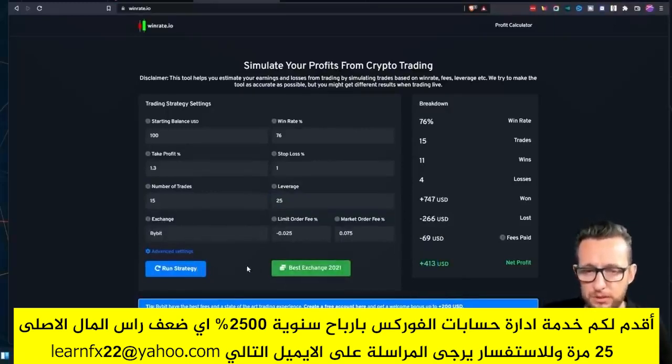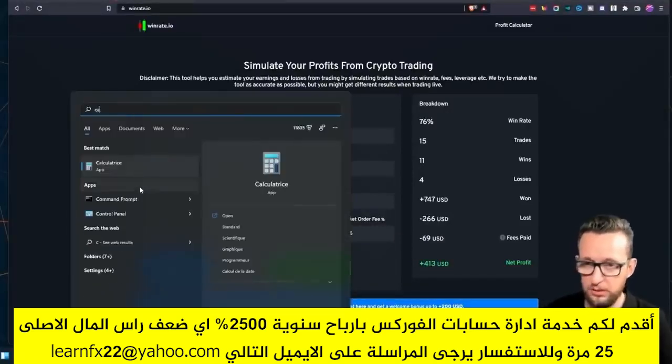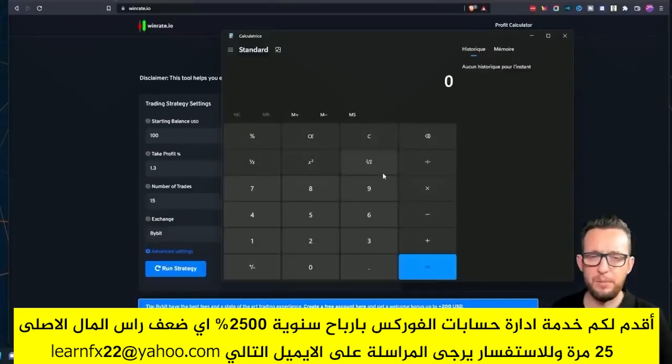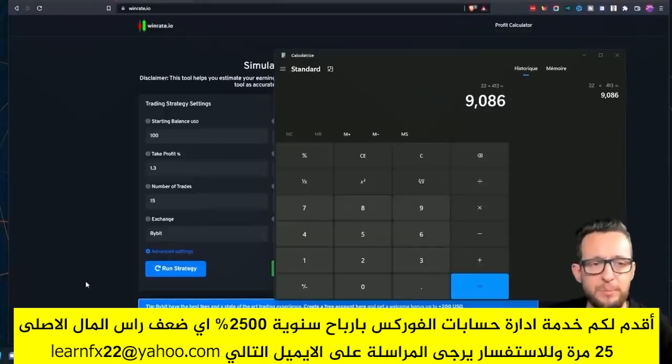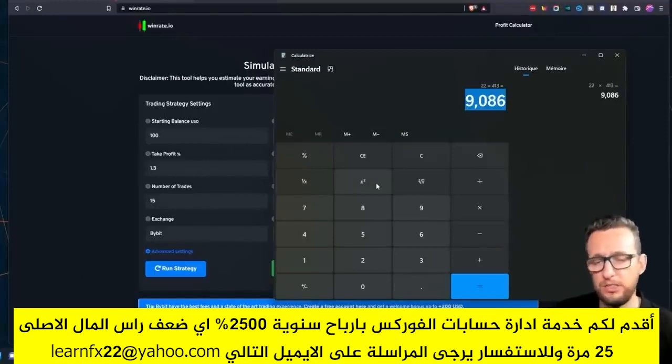$413, which is wonderful. So like I was saying, if you take all of those, I'm going to be running this on 22 currencies, and we're going to be earning $413 potentially. Now that is a considerable amount of profit in a small amount of time. Now of course I don't expect you to earn or even myself to earn $9,000 really out of a couple of $100 investment, but it's just a line of thought that I'm trying to build into my bots,